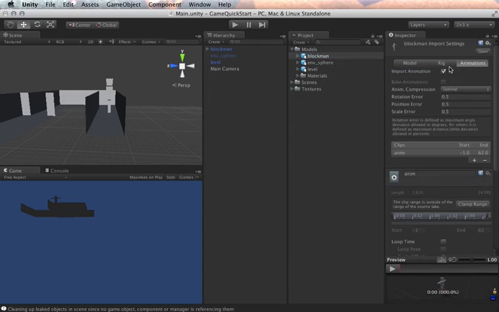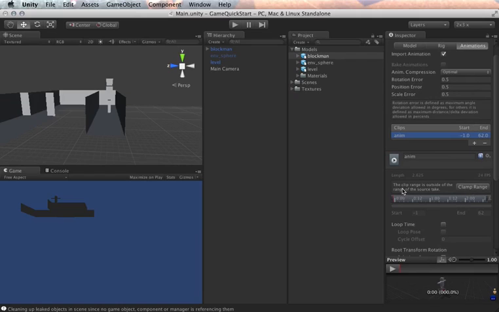Okay, so make sure import animation is checked. And now within these clips, I'm going to type in the beginning and the end of each walk cycle. If you're getting this alert here, the clip range is outside of the range of the source take, that's fine. It means that some of the animations are going outside of the limits of the range of the animations that you brought in. So simply click clamp range